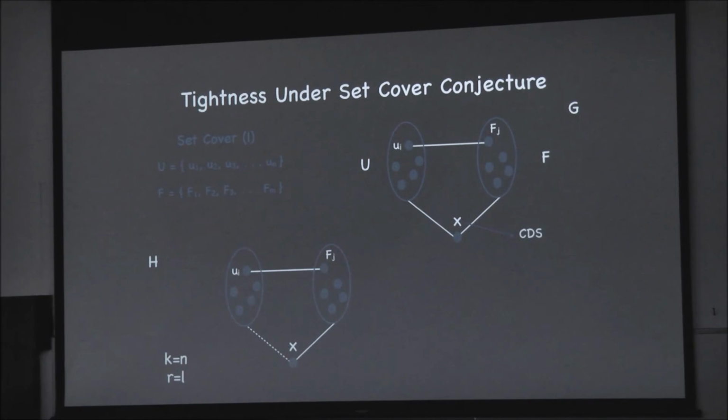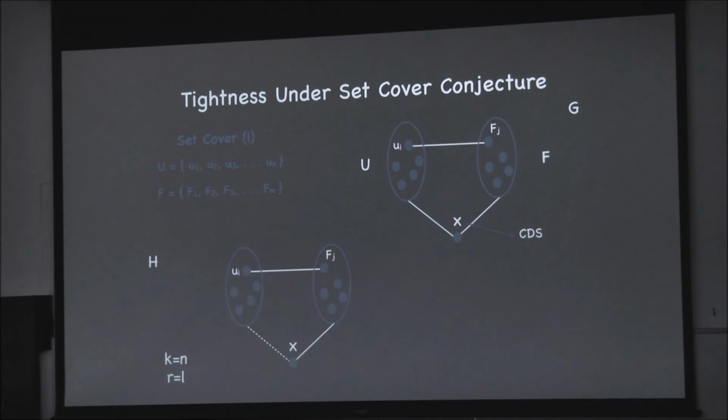Because the whole set U forms an independent set, a vertex, if it's in the solution, all it does is to dominate itself. Because everything in F is already dominated by X. So that U is not going to do any other job other than dominate itself. You rather pick a neighbor of that U in F. So you can always construct another dynamic dominating set that contains X and a subset of F. So that can be interpreted as a set cover in the original instance.